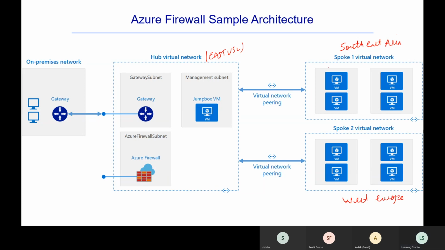What we have to do is first establish connectivity of our hub virtual network with the spoke virtual network. So we will do that first. And then I also have virtual machines sitting in the spoke 1 virtual network and spoke 2 virtual network. So the first thing is we have to establish this connectivity, and then we will start deploying our Azure